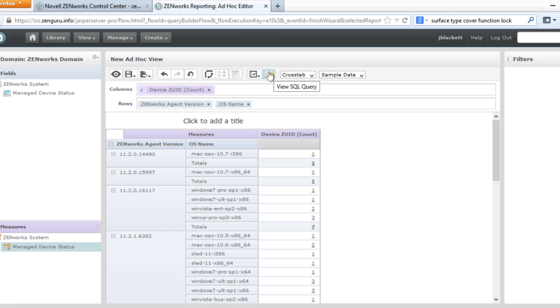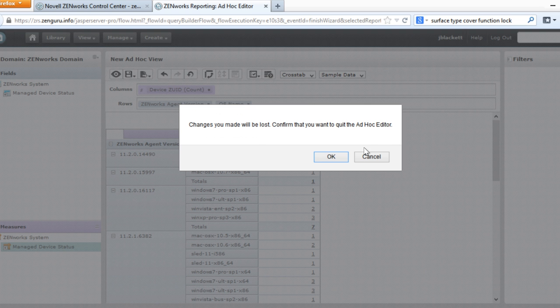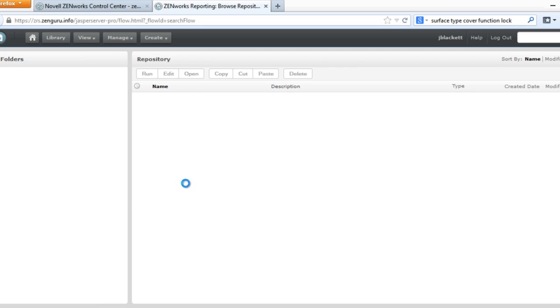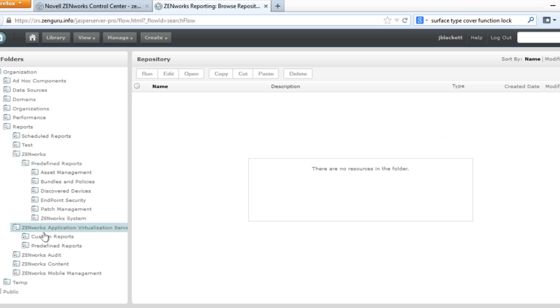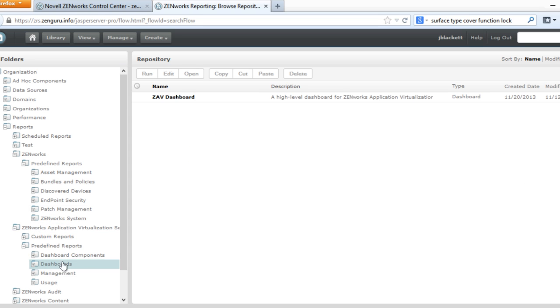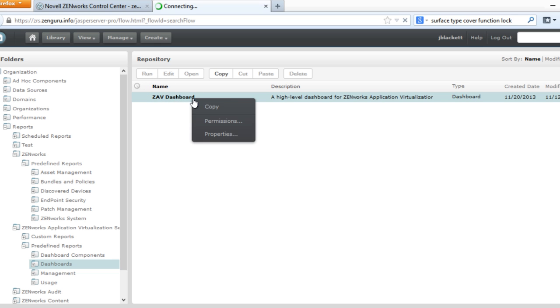In addition to the ad hoc view and the ability to run existing reports, there's also the ability to create dashboards. I have already created a dashboard, so I'll show you that really quick. What I have is in one of the Cool Solutions domains for ZENworks Application Virtualization Server, I have the ZAV dashboard, and basically this dashboard